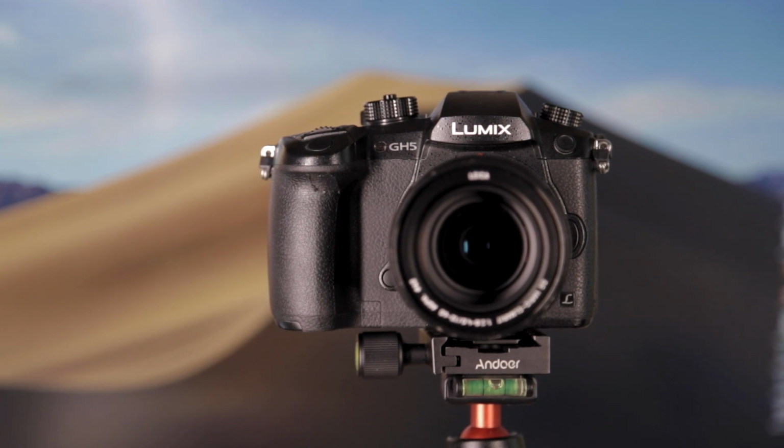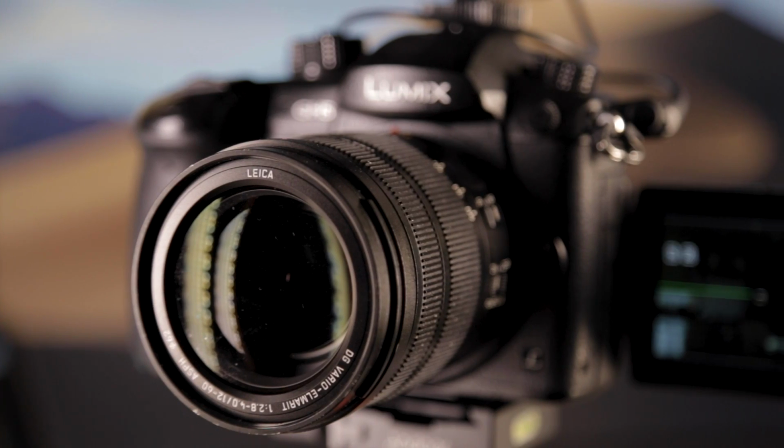And finally, number 5, and that is the price. You can pick up the GH5 with the Leica 12 to 60mm lens for £1,700, which is such a good buy. Now, it might not sound cheap to some people, that might sound quite expensive, but trust me, when you actually look at all of those features